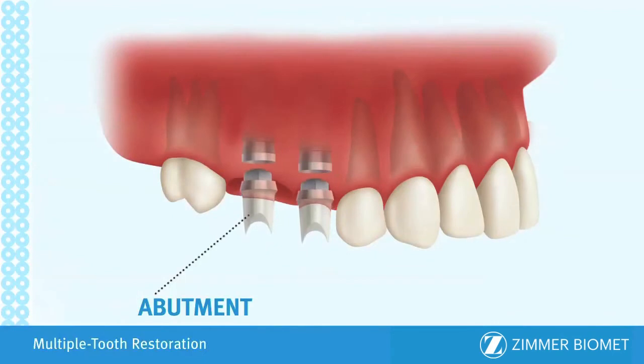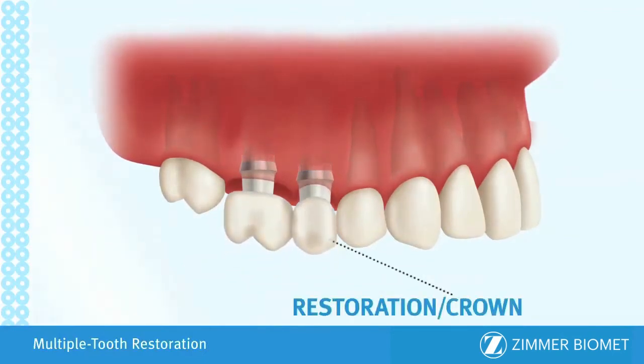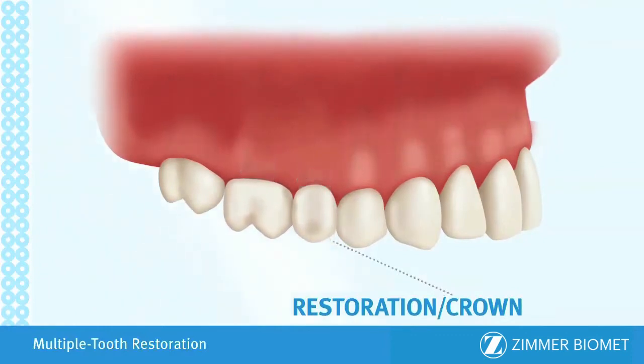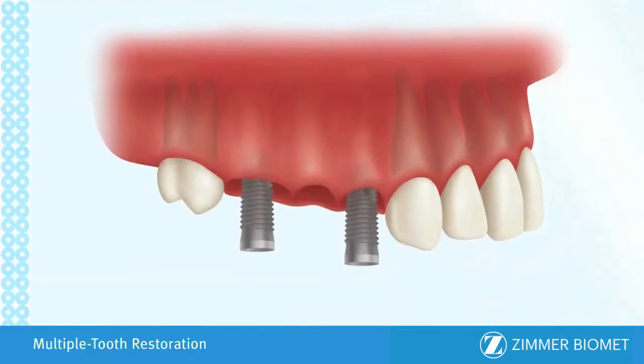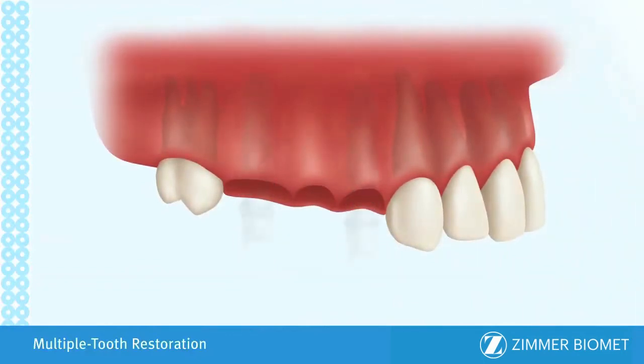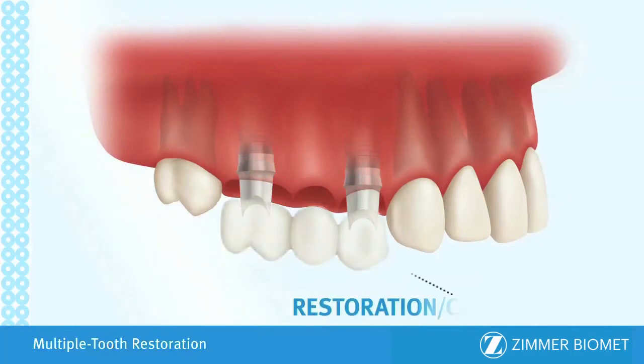quality. Following healing, titanium posts are screwed into the implant bodies. Restorations are then attached to the abutments with dental cement or screws. In cases when 3 adjacent teeth are missing, it may be possible to place only 2 implants, 1 on each end. Similar to the previous procedure, titanium posts are screwed into the implant bodies, and restorations are attached to the